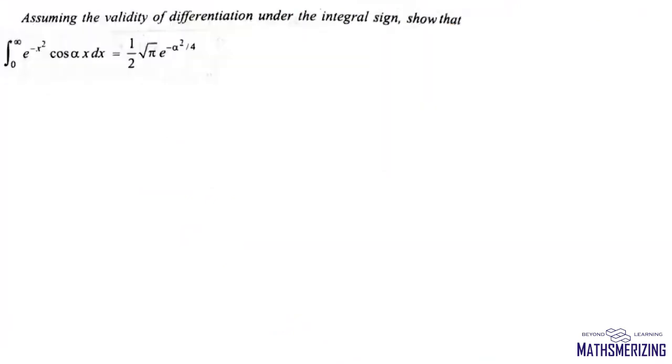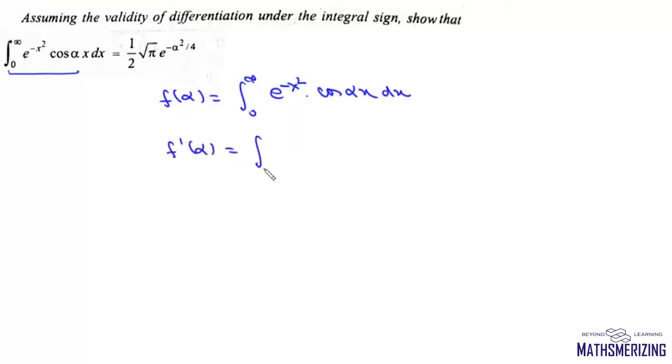Now the question is, we need to show that this integral from 0 to infinite e to the power minus x square cos alpha x dx is 1 upon 2 under root pi e to the power minus alpha square by 4. Now what we'll do is, we'll write this integral function as some f(alpha), which is this integral from 0 to infinite e to the power minus x square into cos alpha x into dx. I will differentiate this function with respect to alpha. So it will be this integral from 0 to infinite, and if we partially differentiate with respect to alpha, e to the power minus x square will be as it is, and then the derivative of cos alpha x will be